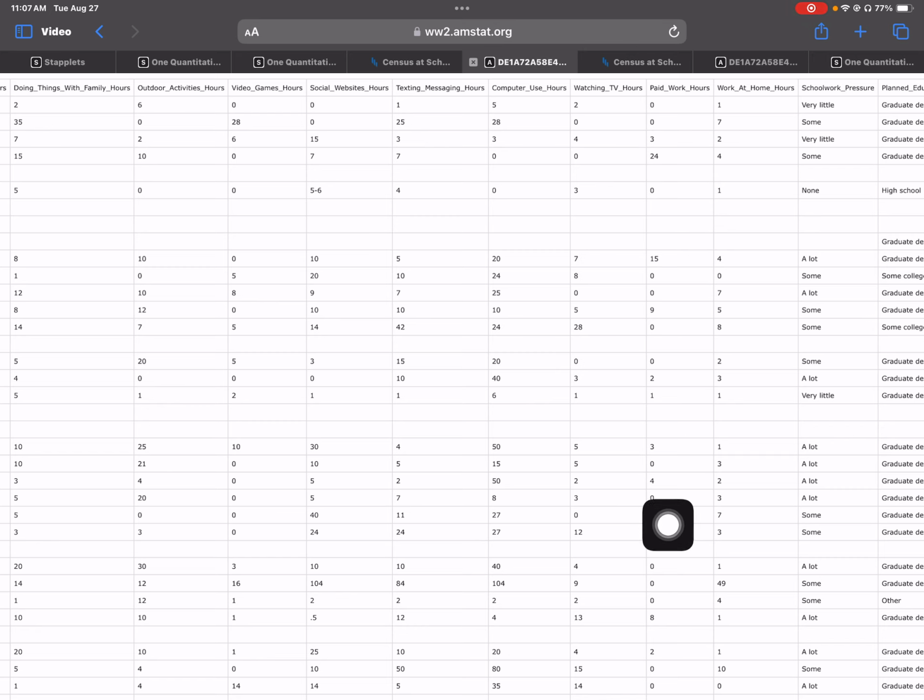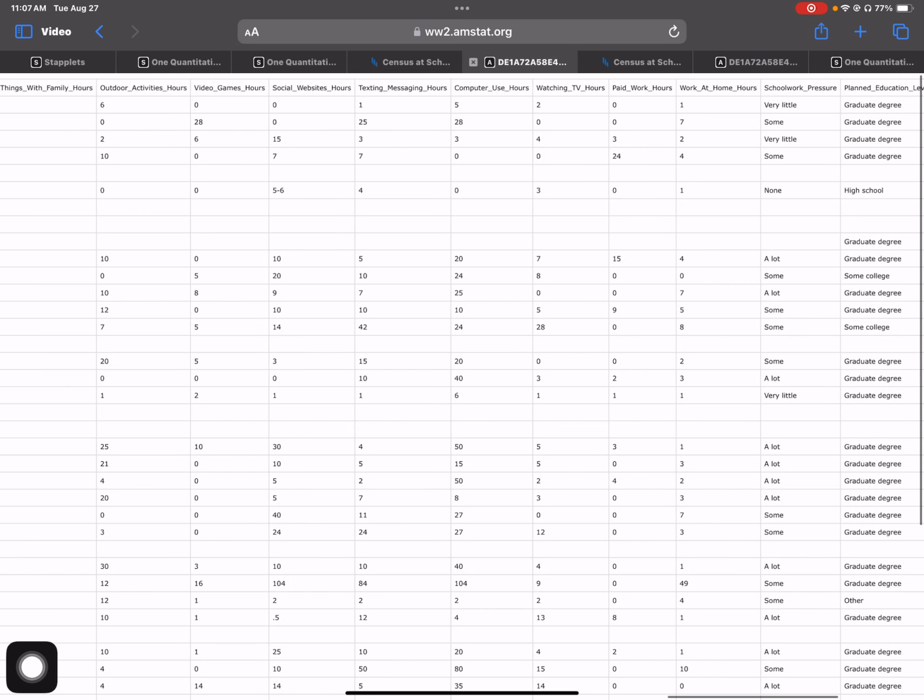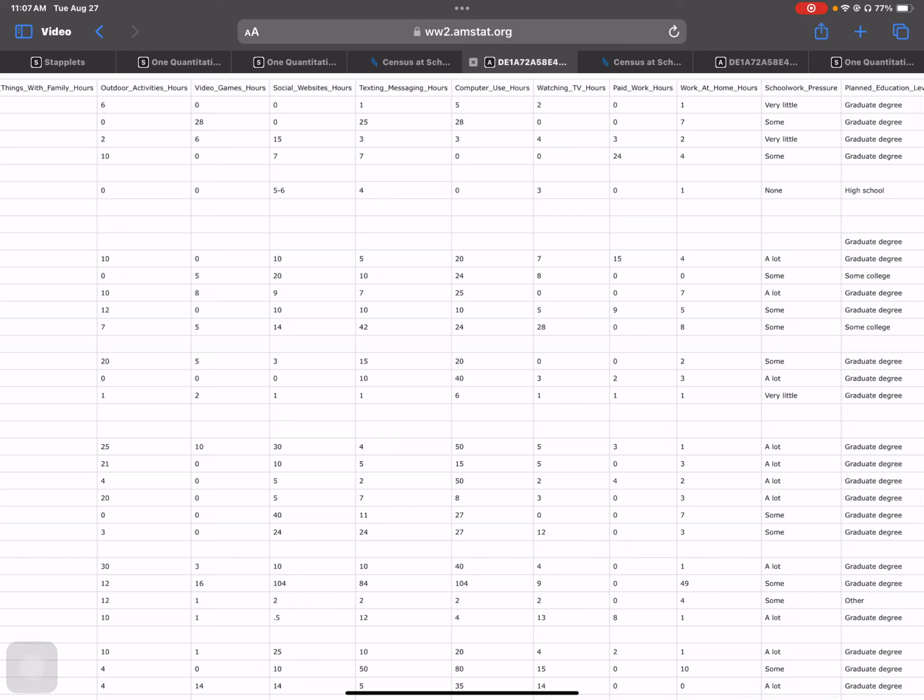Otherwise, you can put in the zeros and every other number that shows up. But what we're going to do with this is you're again going to go into Statplet, take that list of numbers and create another dot plot. Okay, so for example, I did